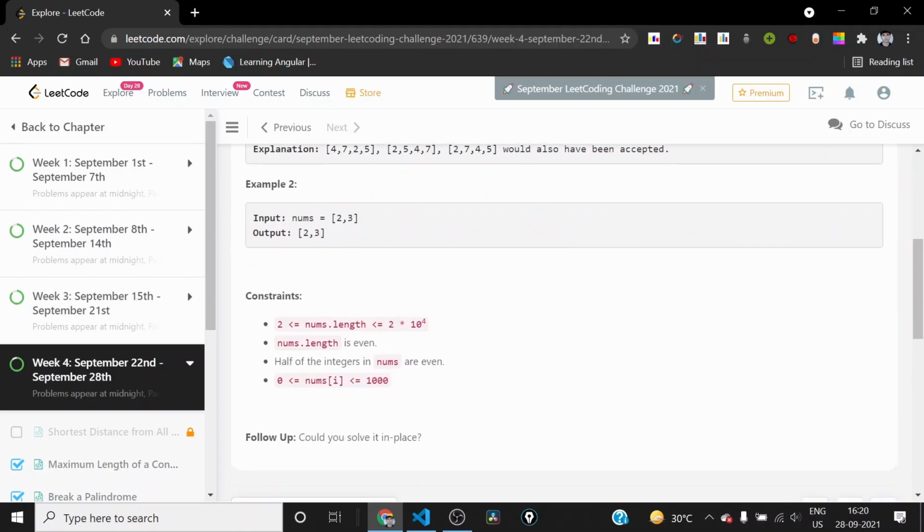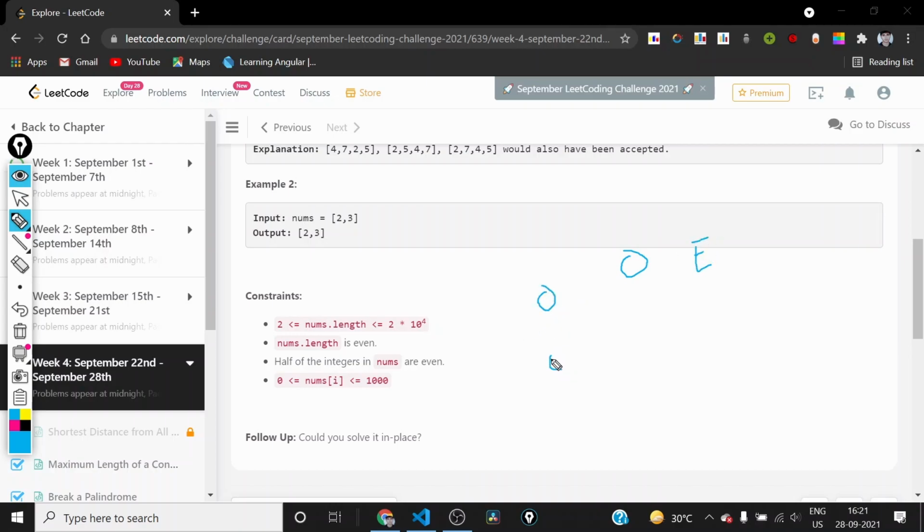So let us try to understand what can be the number of elements present at each kind of index. Basically I will be trying to understand how many odd elements are at even indices, how many odd elements are at odd indices, how many even elements are at odd indices, and how many even elements are at even indices, right?